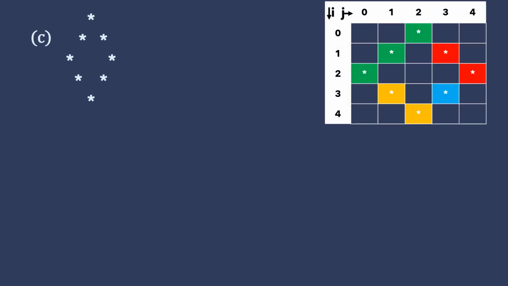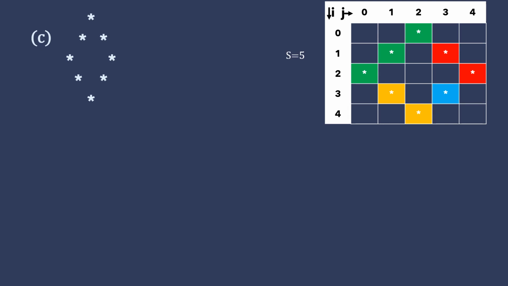You can just check this figure. You can see the rows are represented by i, ranging from 0, 1, 2, 3, 4, and the column value is represented by j, that is 0, 1, 2, 3, 4. Here you can see the colored cells are those particular cells where the stars are. Now we have to write a program where we print the stars only at those particular locations of this matrix, and the other locations will be occupied with space.